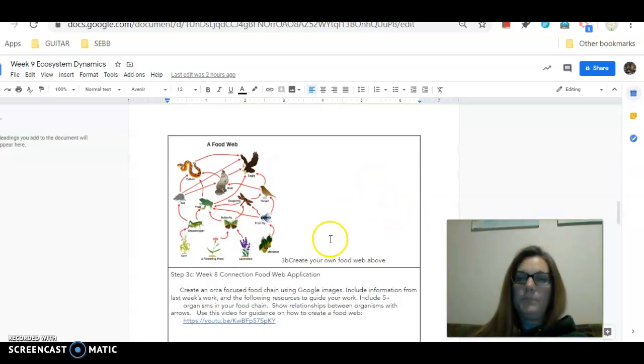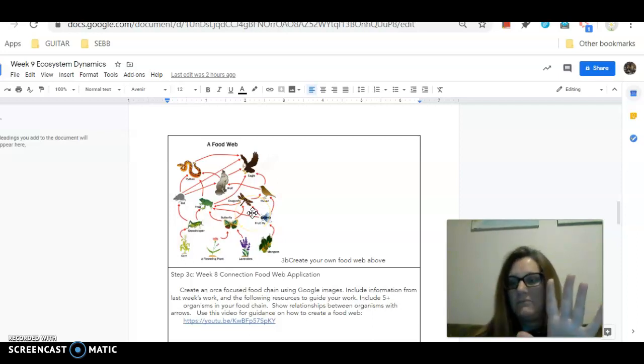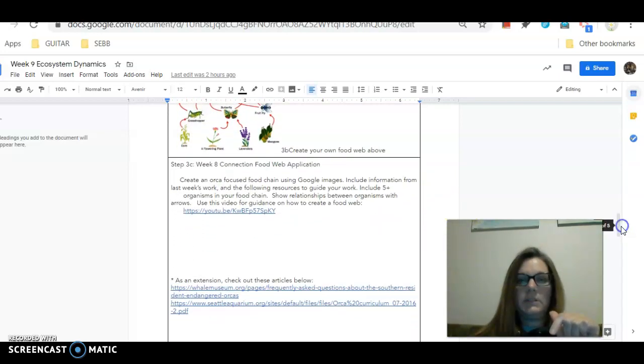Then for the food web, you're going to create your own food web based on this concept. She will cover in the video what a food web is. Make sure you include arrows with your food web. Why don't you just take it? This is quite extensive. It's awesome. You can do it extensively. Maybe just go 5, kind of like 5 levels, if you will.